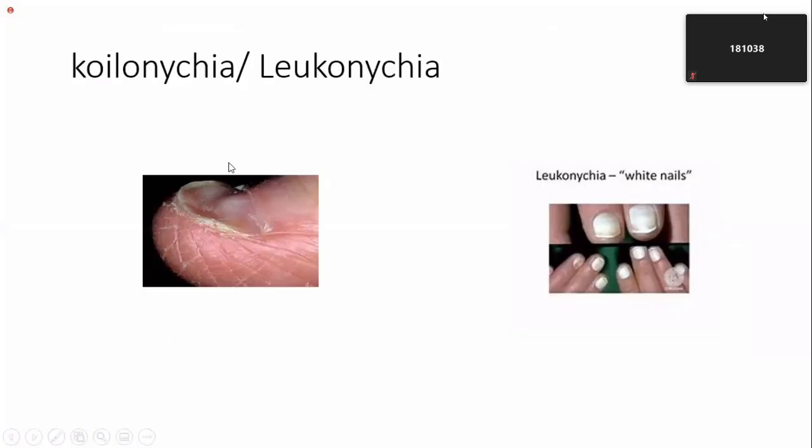And then nails, when you feel the nails, you get what you call koilonychia. That means the nail becomes spoon-like, right? Whenever you see this, think of severe iron deficiency anemia. And then in some conditions, you get nails becoming very white, right? Leukonychia. And that happens in conditions with hypoalbuminemia, advanced renal disease, and advanced liver disease. You can have these white nails, right? So nails can give you a lot of clues to the diagnosis.